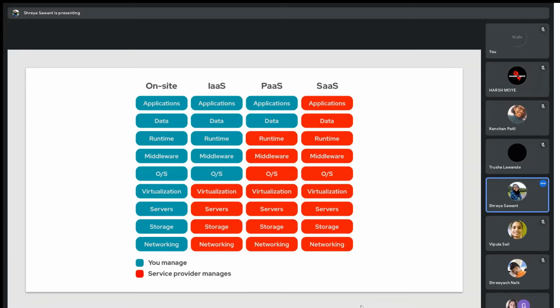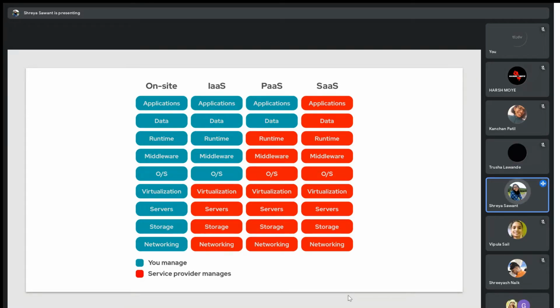Next, IaaS, which stands for infrastructure as a service, is when the service provider provides you with the infrastructure, and the rest, applications, data, runtime, hardware, and operating systems, are managed by you.